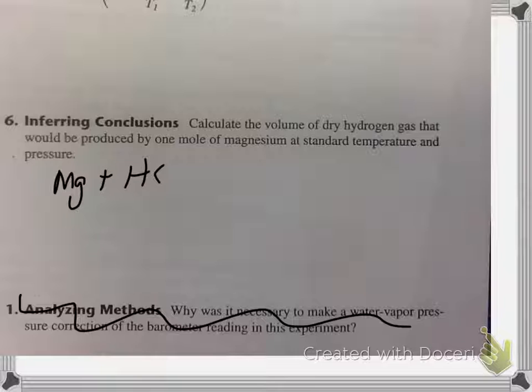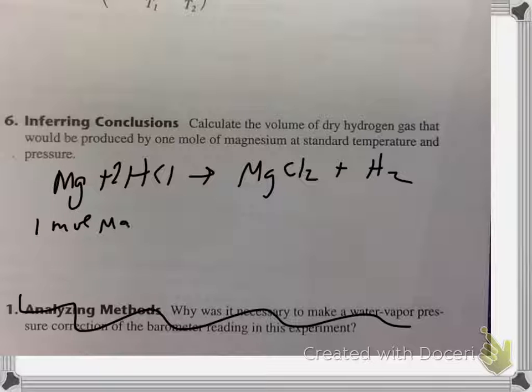Mg plus HCl yields MgCl2 plus H2. Balance it. Done. So if you had 1 mole of magnesium reacting, how many moles of hydrogen gas would you expect to produce? 1. For every 1 mole of magnesium that reacts, we're going to produce 1 mole